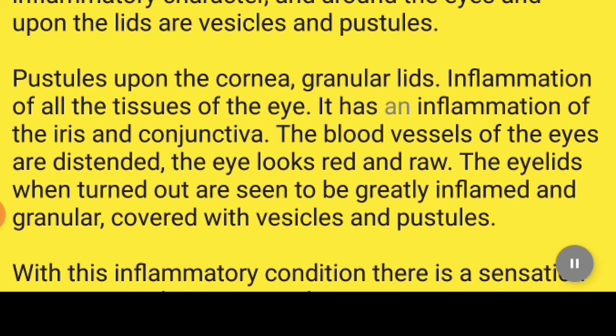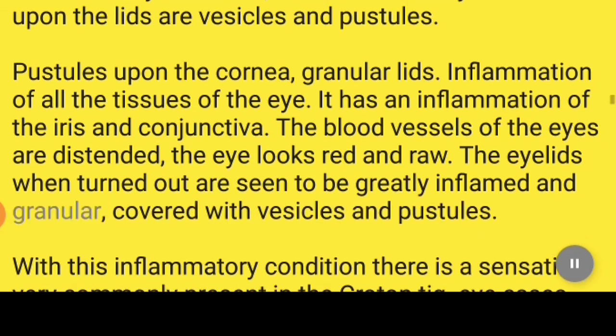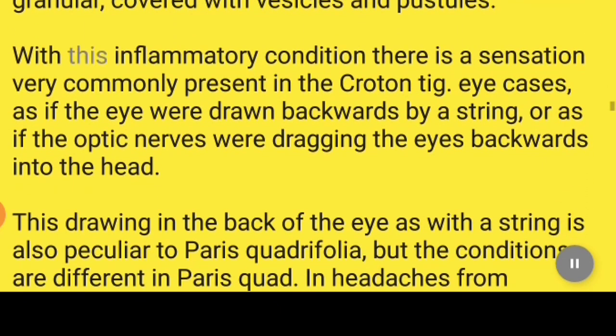It has an inflammation of the iris and conjunctiva. The blood vessels of the eyes are distended, the eye looks red and raw. The eyelids when turned out are seen to be greatly inflamed and granular, covered with vesicles and pustules. With this inflammatory condition there is a sensation very commonly present in the Croton Tiglium eye cases, as if the